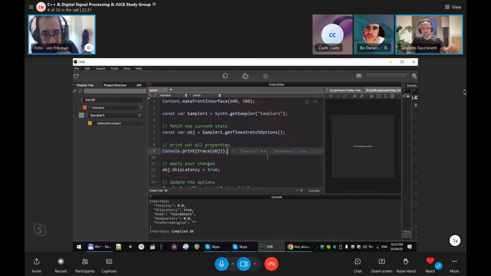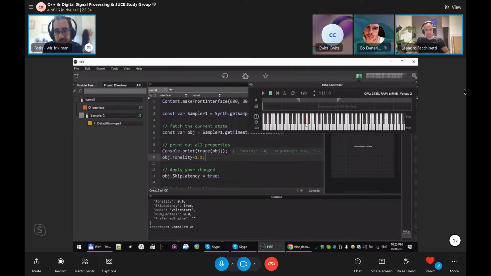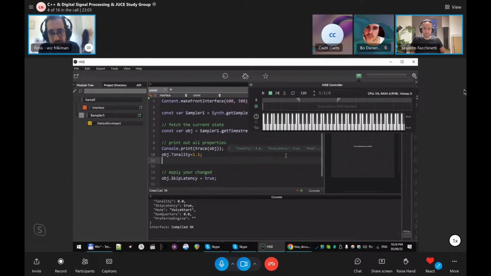Okay, so on the next line, you can say obj.tonality equals 1. Oh, like in line 13, like this? Exactly. Does it compile? It does. Huh. It gets crackles. Maybe we did it. I don't hear the stretching, but